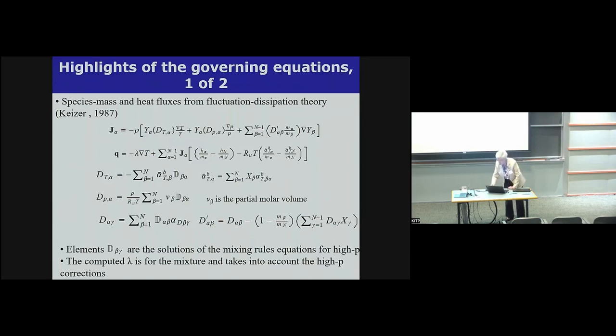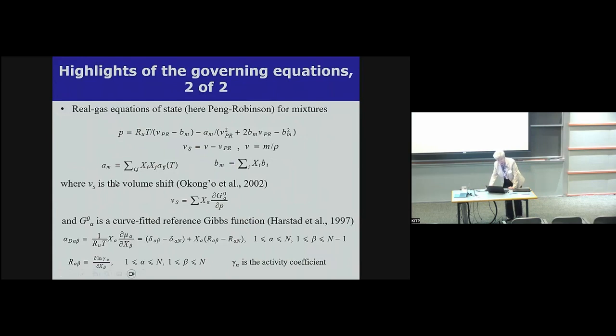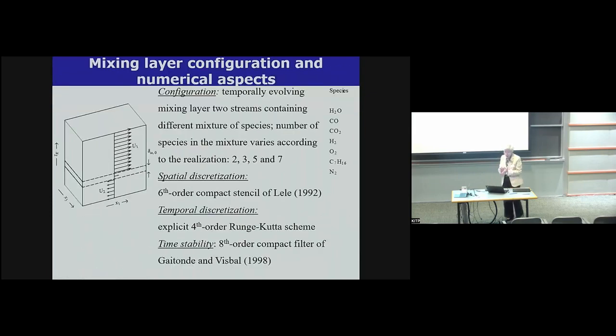So this is a very complex case, and you can understand that high pressure thermodynamics will play very much a role in transport. Now, we also use a real gas equation of state. That's a Peng-Robinson equation of state, which is very nonlinear. We actually corrected it because it's not always very accurate in giving you the molar volume, but we corrected for that. And actually here you can see the quantity, alpha d, alpha beta, computed from the chemical potentials.